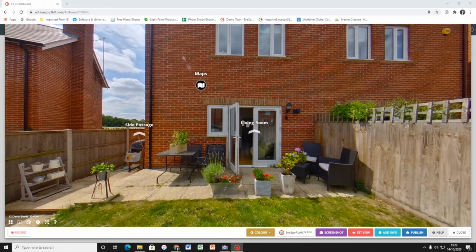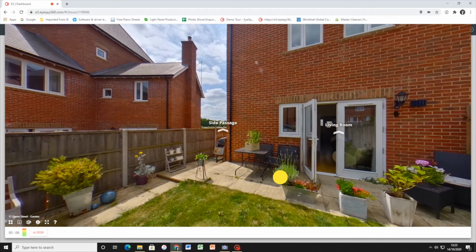Now, one of our most exciting features is our EyeSpy Play. EyeSpy Play is a tool you can use to create a pre-recorded, narrated, guided tour of your property. So to start an EyeSpy Play recording, all you need to do is click on the record button in the bottom left-hand corner of your screen. When you click that, it then begins to record both from your microphone and your screen. So any movements you make will be recorded,